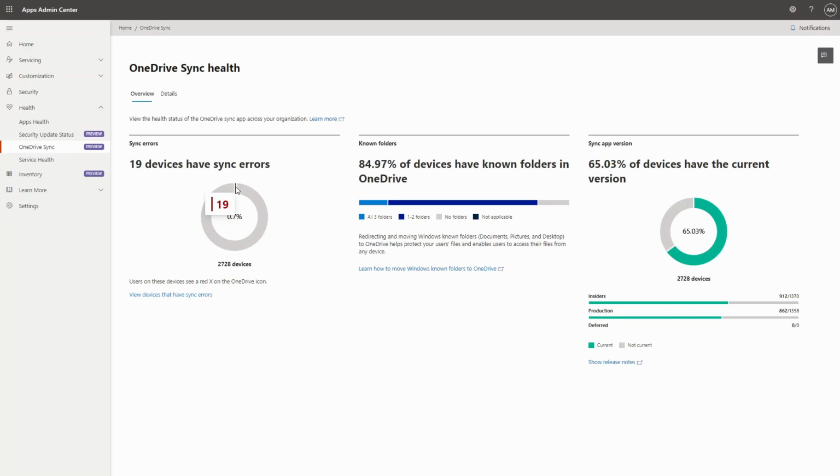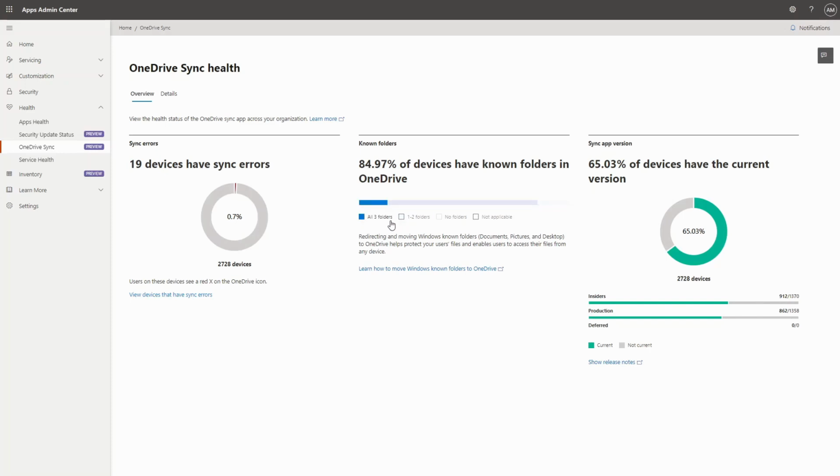The second card is going to be talking about the known folder moves. So if you are leveraging KFM, then you could certainly see the percentage that are doing that, whether it's 3 folders, 2, giving you some information that you could find here. And now KFM is a great way to help people across the organization keep their desktop, documents, and even pictures folders protected by syncing them to the cloud with OneDrive. And this way you get a great way to actually monitor that overall progress right from the screen here.